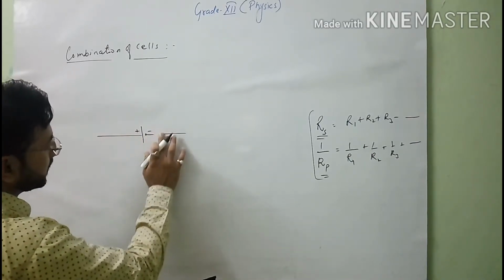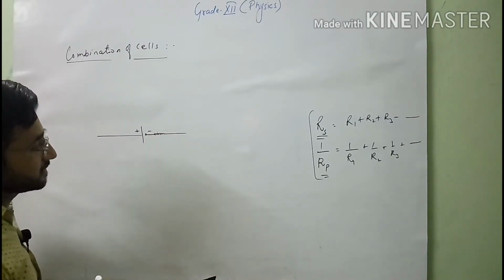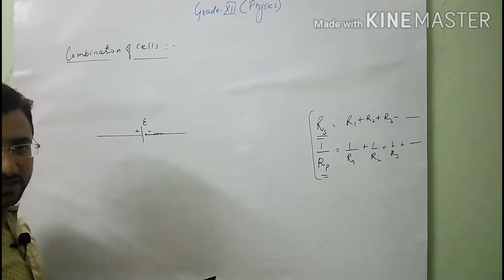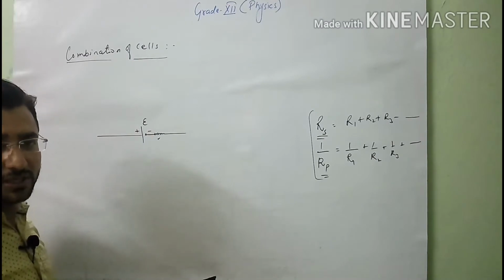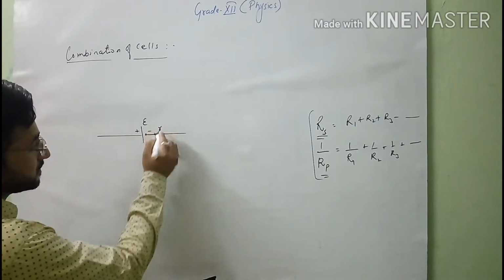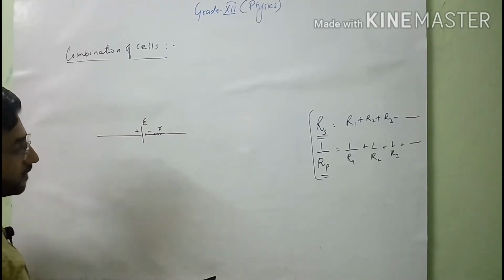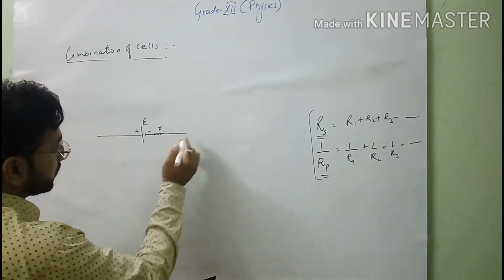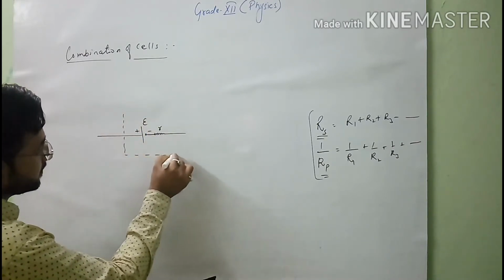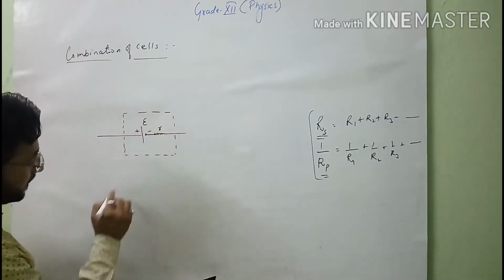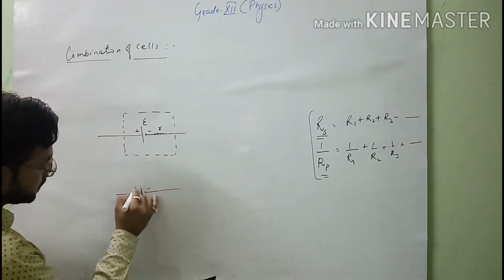And when we talk about internal resistance, in the previous lecture we discussed the meaning of internal resistance and the meaning of EMF of a cell. The internal resistance is the resistance offered by the electrodes and electrolyte of the cell when current passes through it. This is the definition of internal resistance, and in some books the internal resistance with the cell is represented by this diagram, and in some books it is represented this way, with negative and positive terminals.